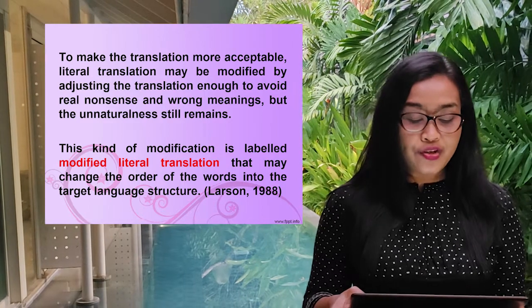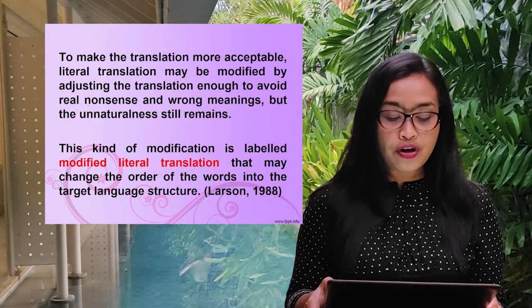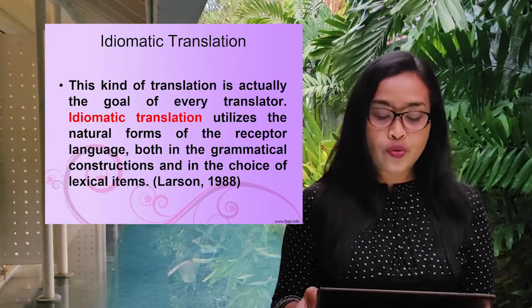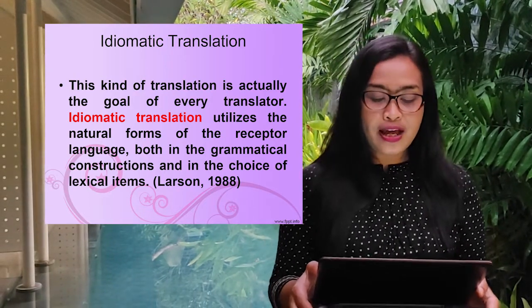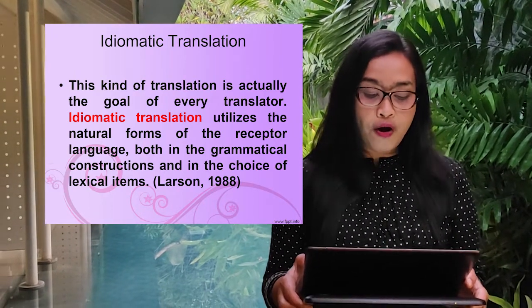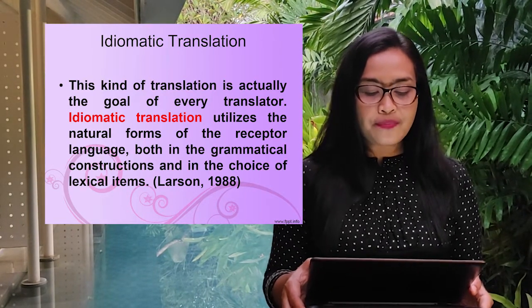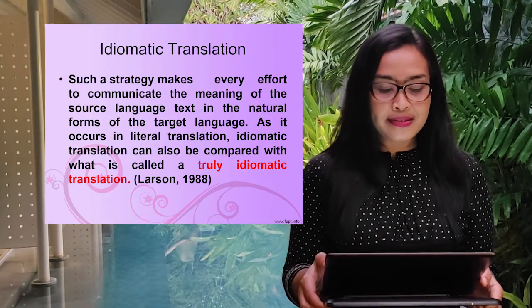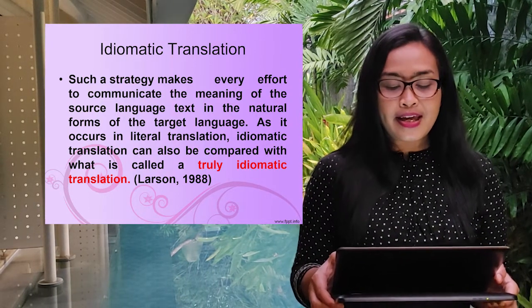This kind of modification is labeled as modified literal translation that may change the order of the words into the target language structure. The second one, idiomatic translation. This kind of translation is actually the goal of every translator. Idiomatic translation utilizes the natural forms of the receptor language, both in the grammatical construction and in the choice of lexical items. Such a strategy makes every effort to communicate the meaning of the source language text in natural forms